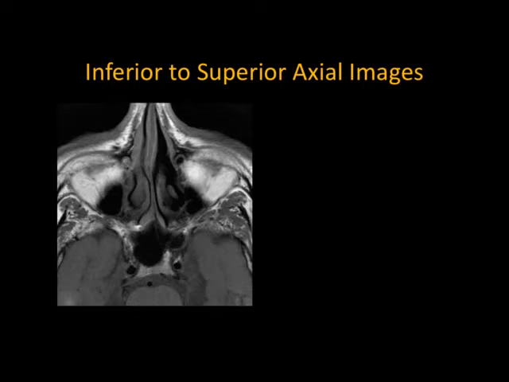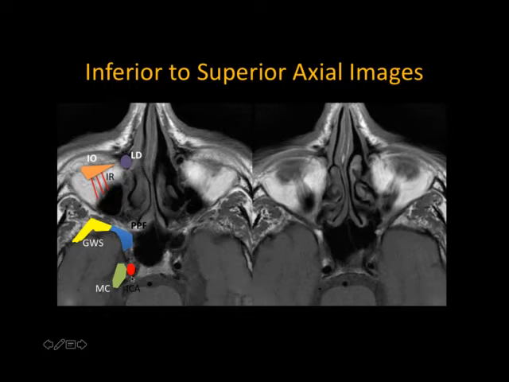So now coming to the MR images from inferior to superior, these are the actual images. The inferior oblique is the smallest of all the muscles. So when you have the actual image, the first section in the orbit you will see the inferior oblique muscle, which is triangular in shape, and the recti are straight muscles, so they would go like this. This is the nasolacrimal duct, and here is the Meckel's cave and the cavernous ICA.